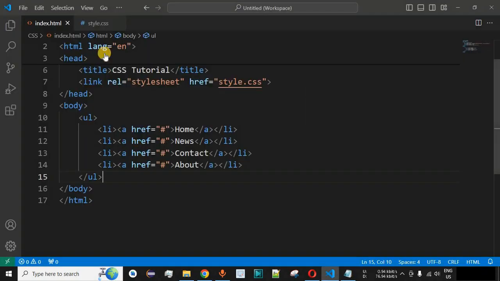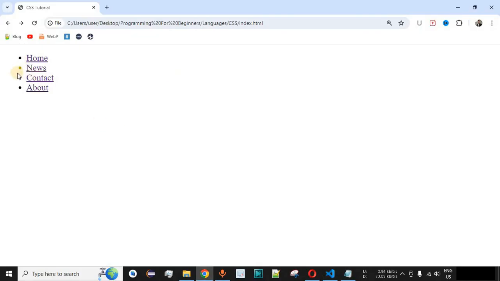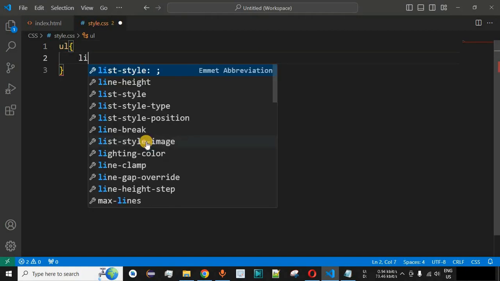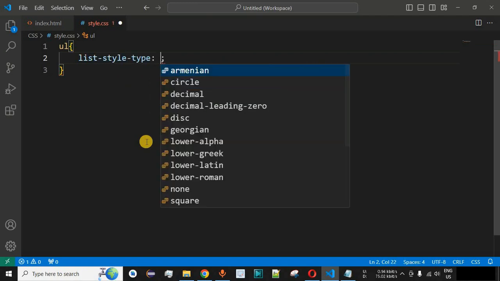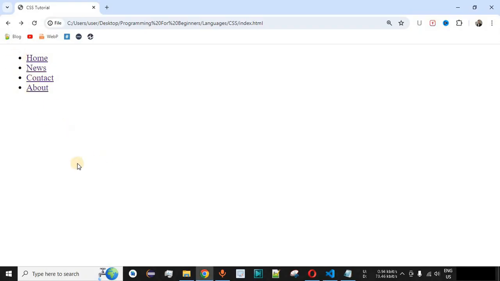So guys, what we have to do is, inside the style.css file which is attached to this HTML file over here, first of all we are going to remove these bullet items in this case. So we are going to have the unordered list, that is the UL tag over here, and simply we are going to say list-style-type CSS property, the value should be none in this case. So guys, basically what will happen is these bullets will be removed from the web browser.